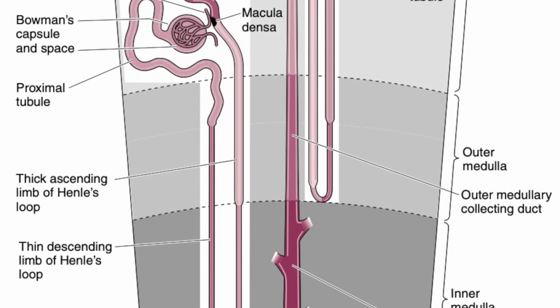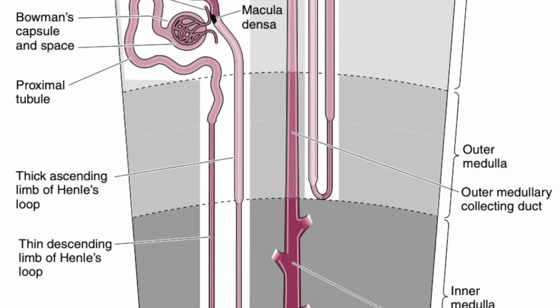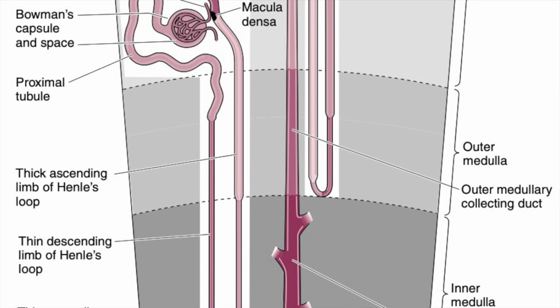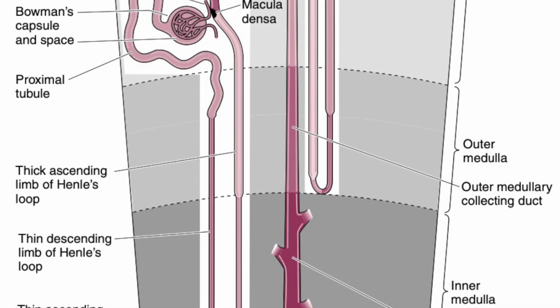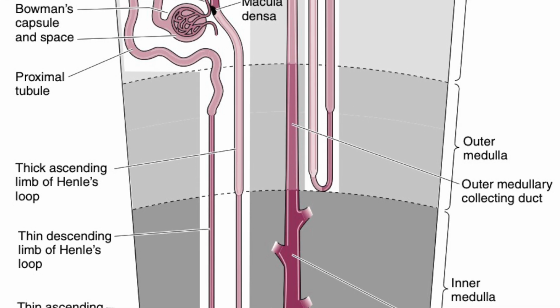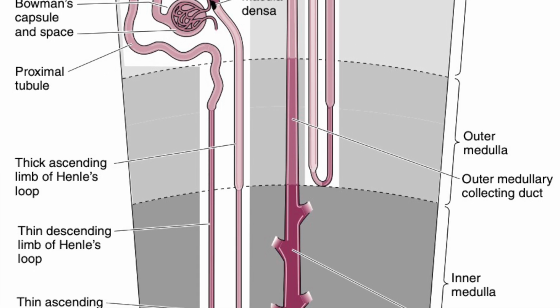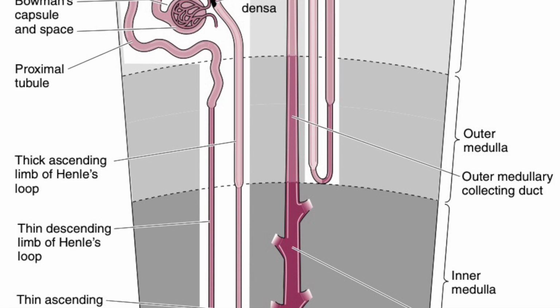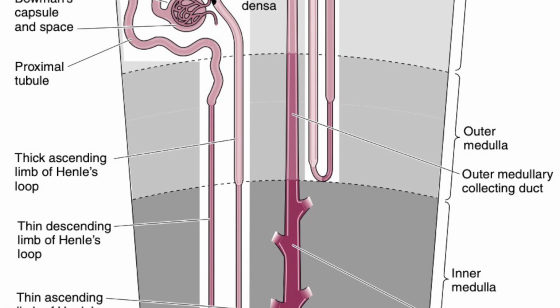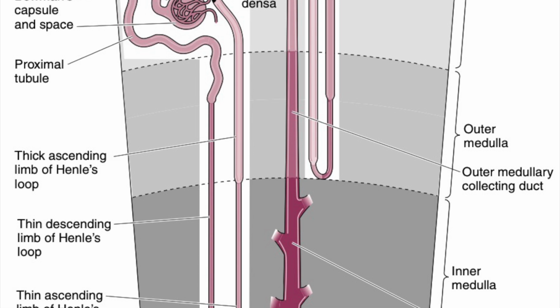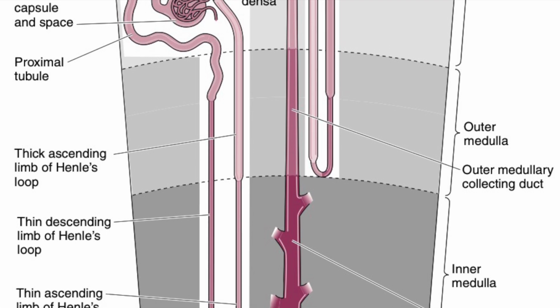As shown in figure two, the vasa recta descend into the medulla where they form capillary networks that surround the collecting ducts and ascending limbs of the loop of Henle. The blood returns to the cortex in the ascending vasa recta. Although less than 0.7% of the blood